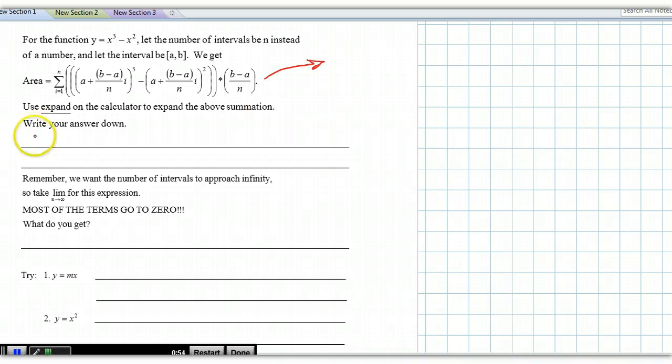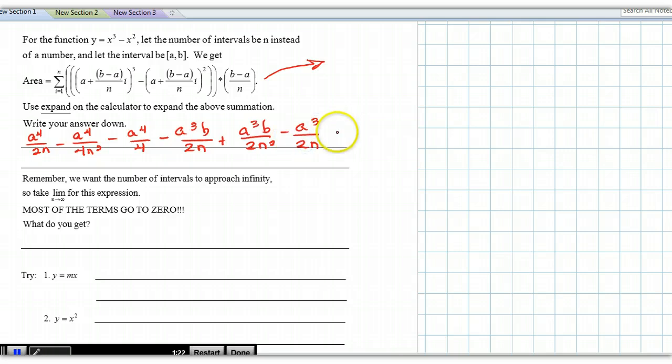When you write down your answer, you're going to get a to the fourth over 2n minus a to the fourth over 4n squared minus a to the fourth over 4 minus a cubed b over 2n plus a cubed b over 2n squared minus a cubed over 2n plus a cubed over 6n squared plus a cubed over 3 plus a squared b over 2n minus a squared b over 2n squared